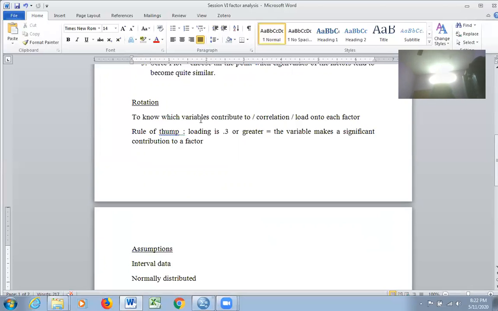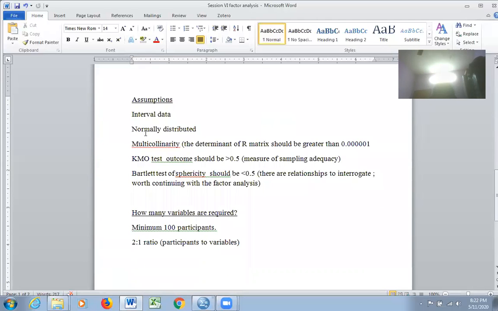Fine. Just like, for example, you have a photo frame, you want to fix it on the wall. How do you do it? You just move the photo, rotate the photo here and there. You adjust top, bottom, side, left, right side, so that you want to place the photo in a perfect way, perfect place, perfect look. The same way, rotation will help you to identify the exact variables that have a good loading on the factors concerned. Fine. To conduct factor analysis, what are the assumptions the data should fulfill?